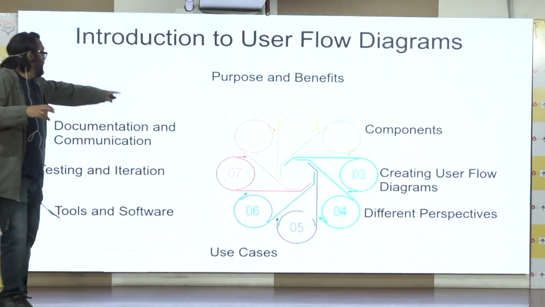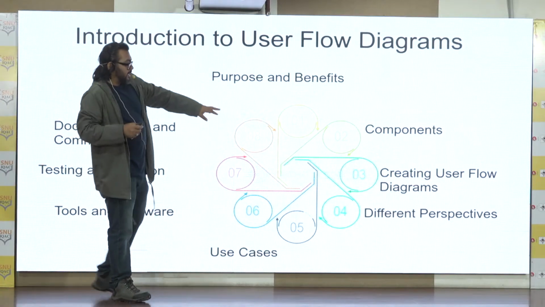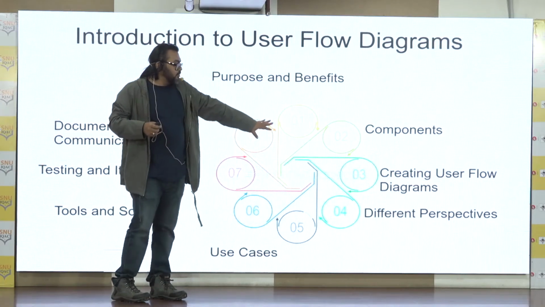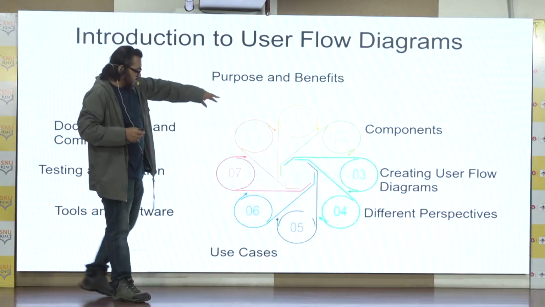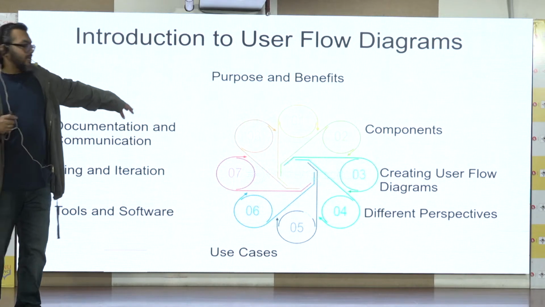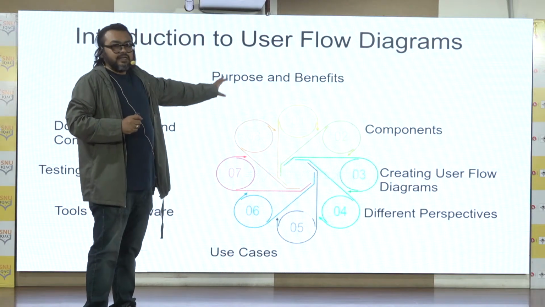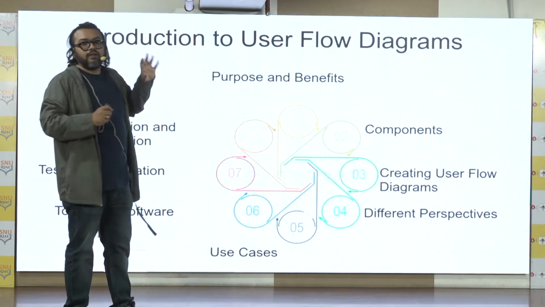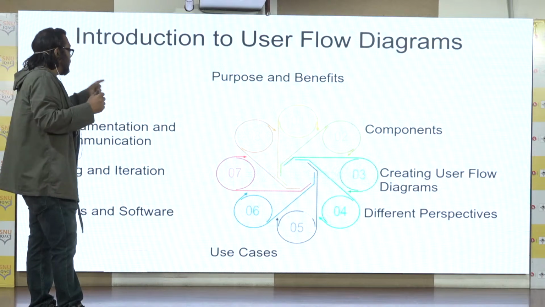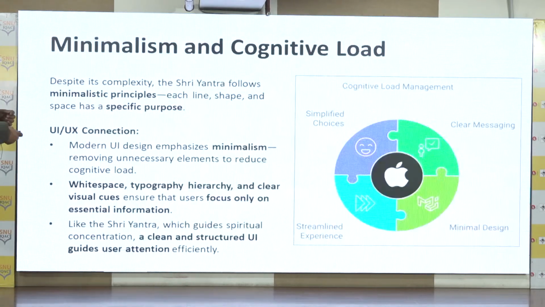Now there are 4 major elements to it. One is the components. Second is creating the user diagrams, how we are creating this. So I'll not explain these diagrams, these are self-explanatory, but to understand, when we are creating a structure, we can see there is an epicenter of it. So that is exactly where we can map Sri Yantra with a UI UX design.